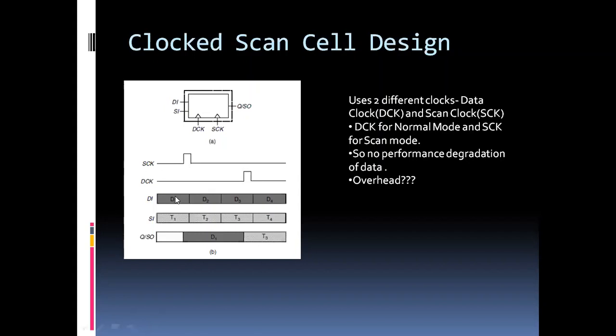Okay, I assume that the data line was already having D1. So on my output D1 will come because the S clock is going to clock whatever is there on the SI line, but it is going to pass at the output whatever was stored already in the flip-flop. So you should understand this differentiation to understand this diagram.